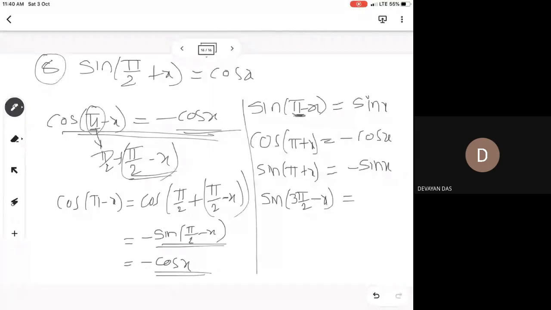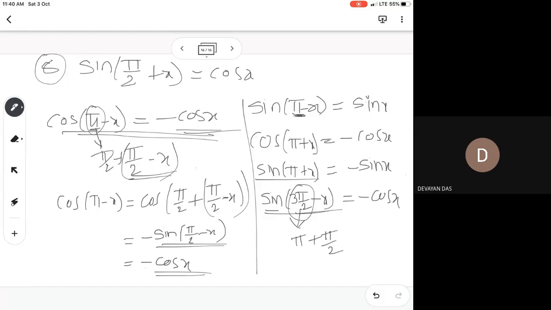This one and this one both are little bit same only, because pi plus x third quadrant, 3 pi by 2 minus x third quadrant, both are third quadrant, so negative आ जाएगा. But as you are having 3 pi by 2, sign will change to the cos. Why change होगा बोले तो इसको prove करना है तो इसको split करना है. You have to split this one. You can split as pi plus pi by 2 लिख सकते हैं 3 pi by 2 को.